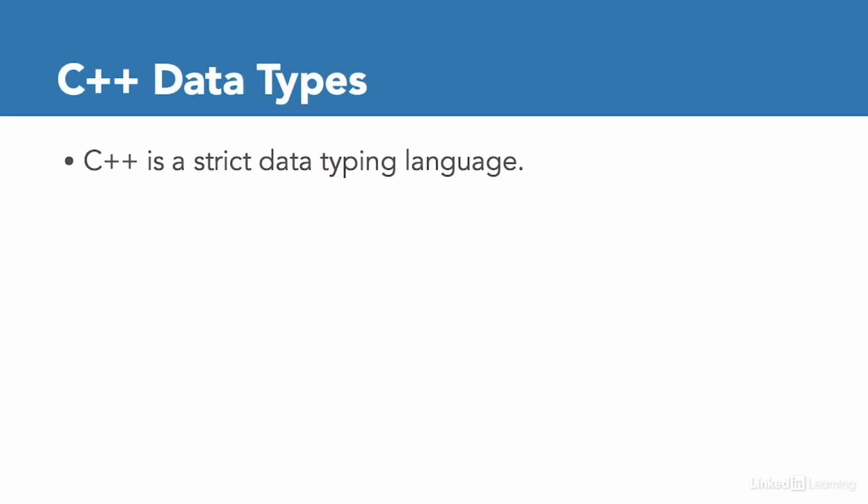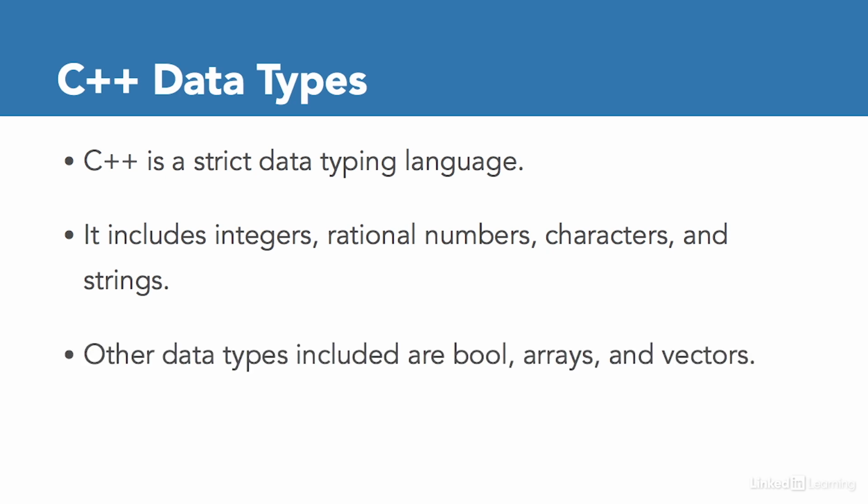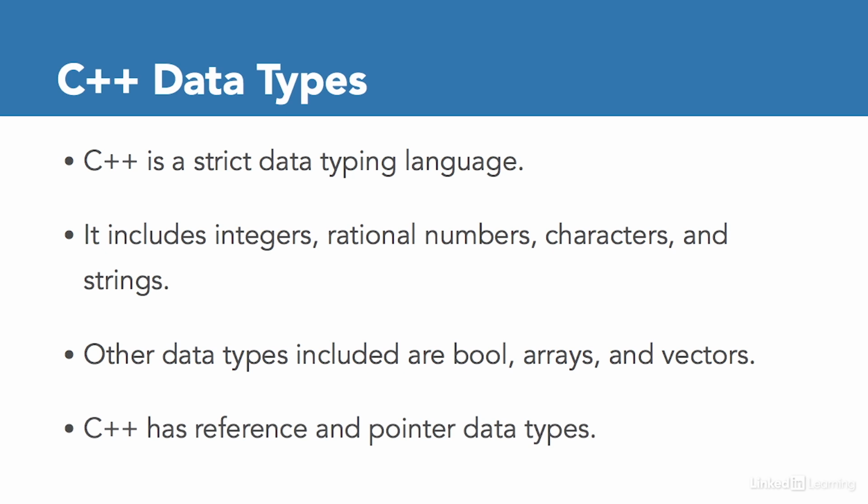Because C++ is what we call a strict data typing language, that means that the data type we choose specifies the allowable values that can be stored by our variable name. In addition to integers and rational numbers, we also need to be able to represent characters and sequences of characters, which are called strings. C++ and most other languages have special data types to represent Boolean values and data types that allow for multiple variables such as an array or a vector. Sometimes it's necessary to know the memory address or location of a variable in memory, so C++ also has pointer